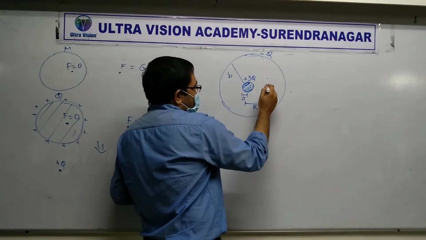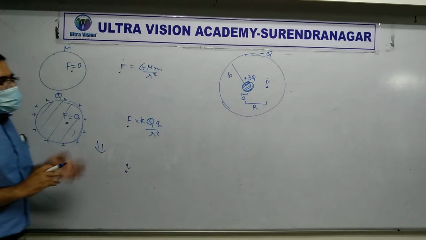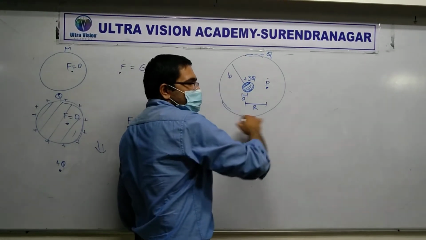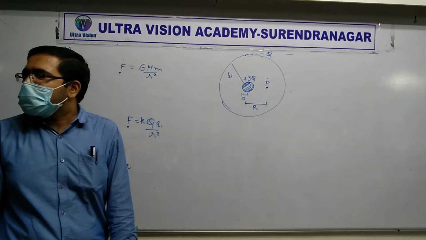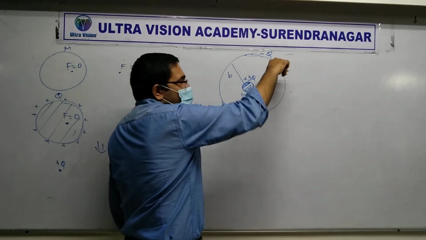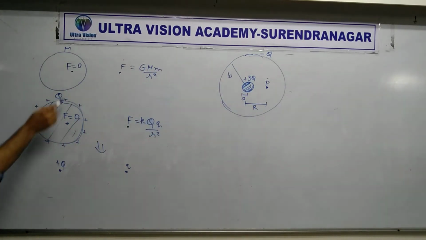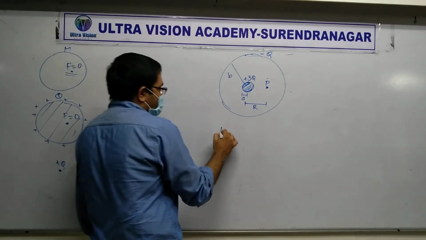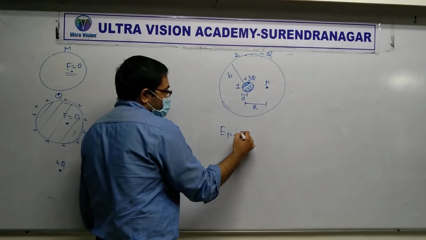Right. So if you want to find the electric field here, then using this idea, if there is a shell over here, this shell will not apply force. Yes or no? Yes. I repeat. Forget this, only the minus. Is this point inside the shell or outside the shell? Inside the shell. Inside the shell, it does not apply force. If there is no force, the electric field will also be 0 at P due to the shell. Okay, let me call the shell number 2 and the sphere number 1.